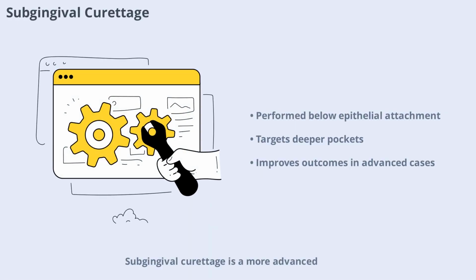Subgingival curettage is a more advanced technique performed below the epithelial attachment. This approach is used when deeper periodontal pockets are present, requiring removal of diseased tissue closer to the root surface. Subgingival curettage is particularly beneficial in cases where standard methods are insufficient, offering a more thorough cleaning and improved outcomes